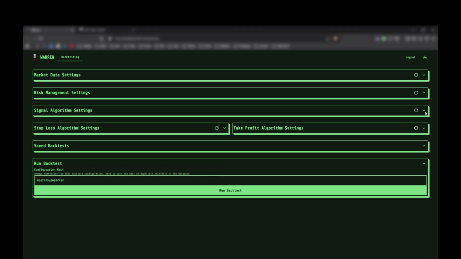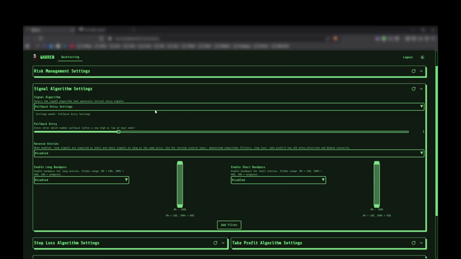We'll collapse that so it's not distracting us, and we'll go to signal algorithms. So we'll be testing the pullback entry signal algorithm. To describe that algorithm, it's pretty simple for people to execute, but it's a little bit more difficult for computers to do. Basically, the idea is that when there is a new high or low of day made, then you start to count the pullbacks and the breakouts from the pullbacks. And if a third pullback is made,